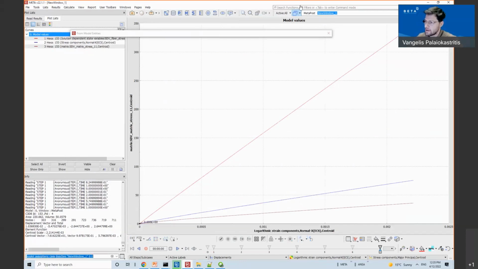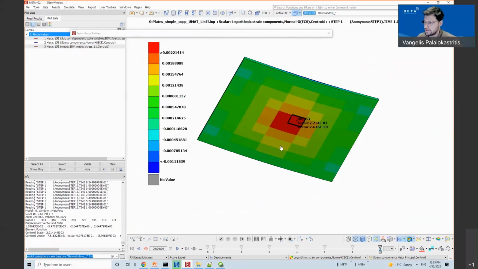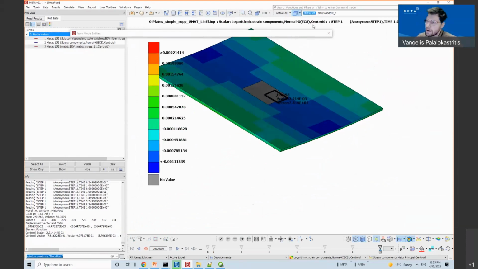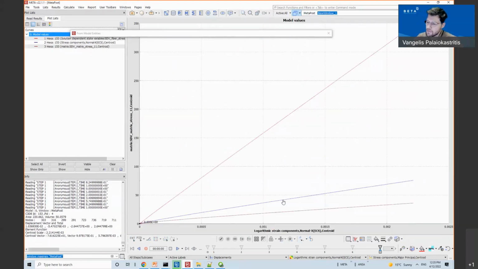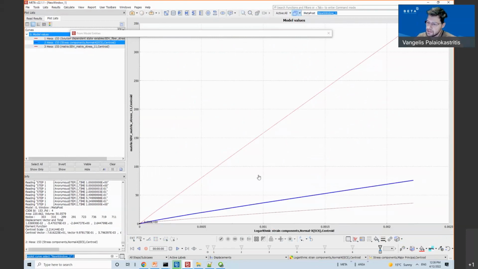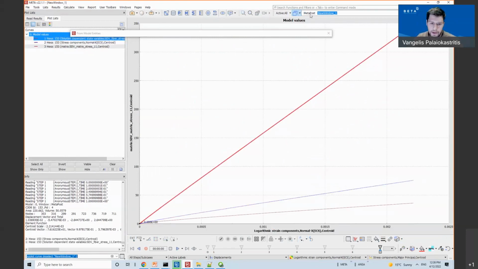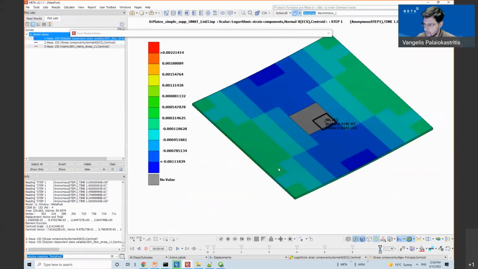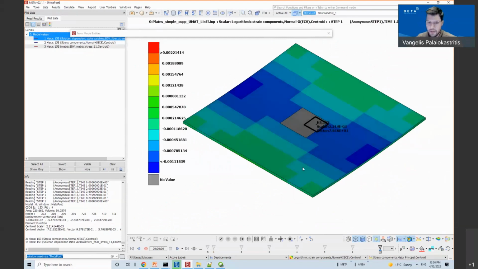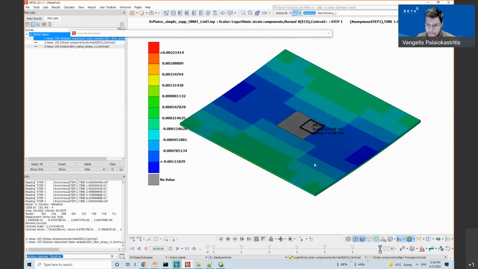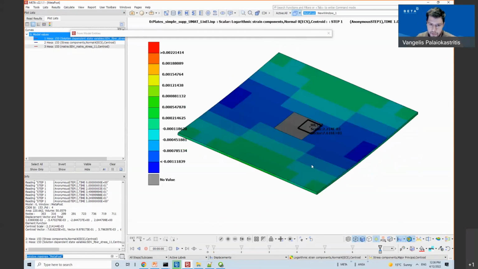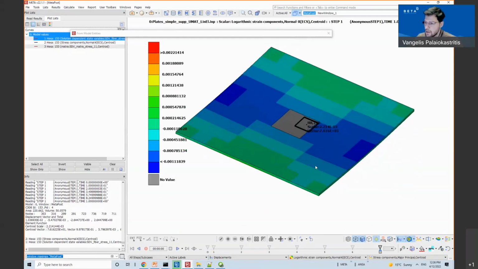So in this way, we have solved a macro scale model, but with the use of UMAT, we also have results at the microstructure level. This is the advantage of using the UMAT, performing mean field homogenization during the solution.